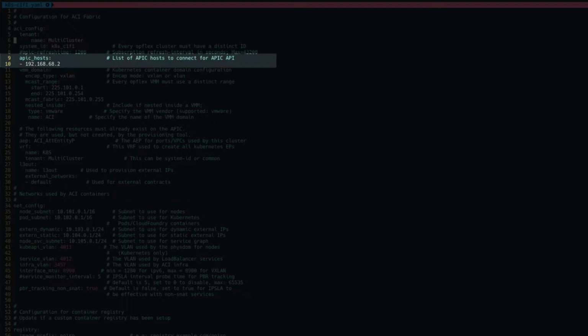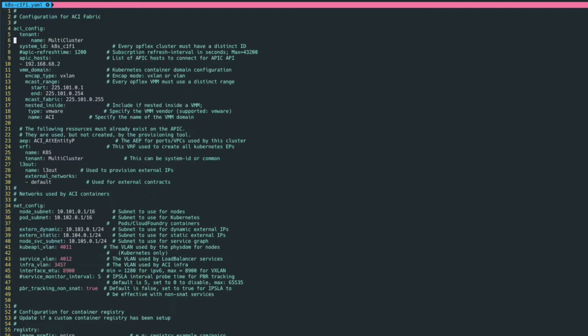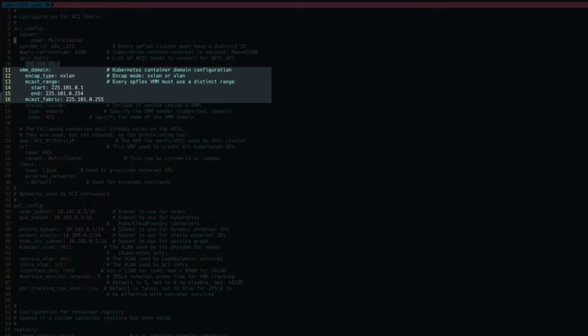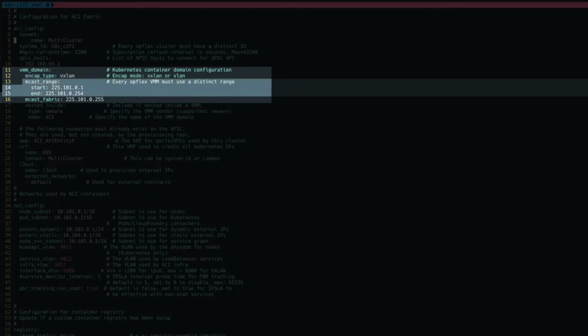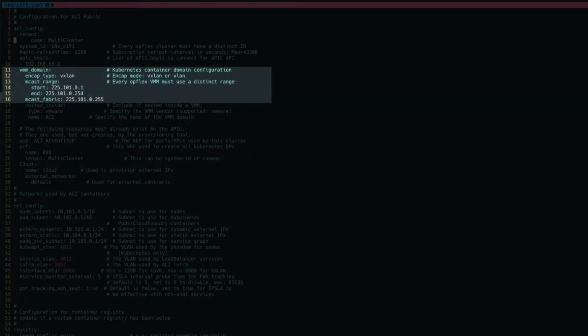We are going to add a list of our APIC IP addresses. Now in my lab, I have only one APIC, so that's why there is only one IP, but in a production network, I expect here to have 3, 5, or even 7 IP addresses. And then you're going to configure everything that is needed for the VMM domain configuration. So we're going to tell that our cluster is going to use VXLAN encapsulation. We're going to give a multicast range for broadcast and non-unicast traffic replication for the EPGs, as well as one